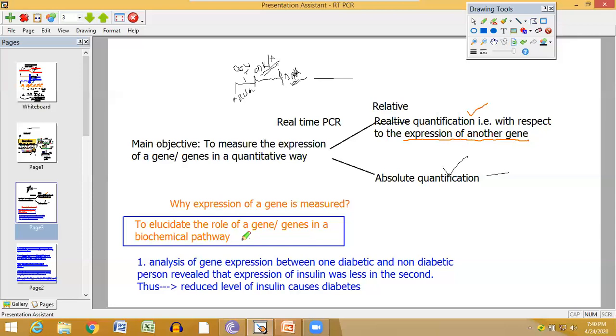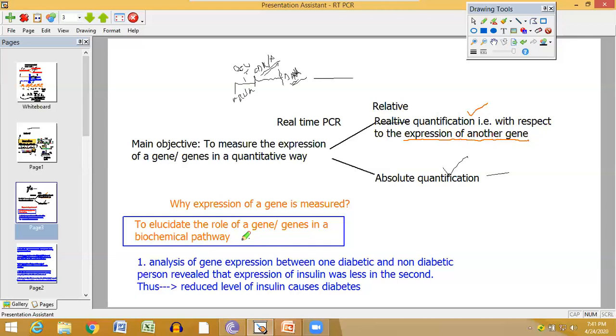That means in the normal healthy individual, the gene was very important. That's why when the gene level is cut down, is reduced, disease is coming. So this was a very beneficial gene then. Similarly, when a gene is activated or overexpressed or upregulated, that means the gene is a toxic gene. When it was reduced, it was not causing any harm to the cell. But when it is getting expressed, getting upregulated, getting activated, and the amount is increasing, it is doing some toxic manifestation in the cell, so disease is coming.